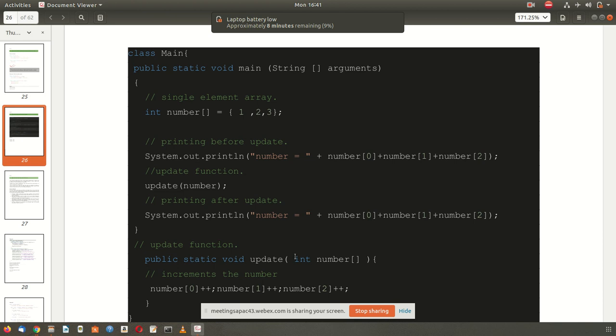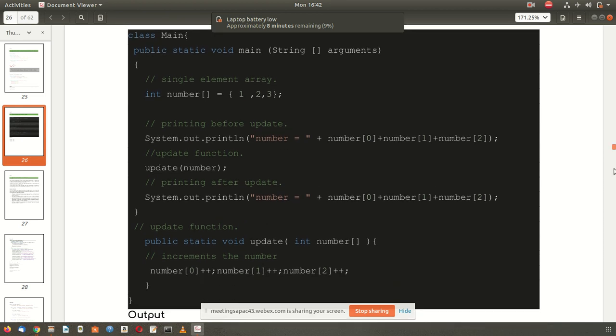We allow the function to do pass by reference, but when you want to prohibit it, on the function definition side you add the new keyword, then Java will create a new space for the array and the string, whatever data object is coming. And any modification on the function definition side will not affect the original values. So that is the difference between function pass by reference in Java and other programming constructs.